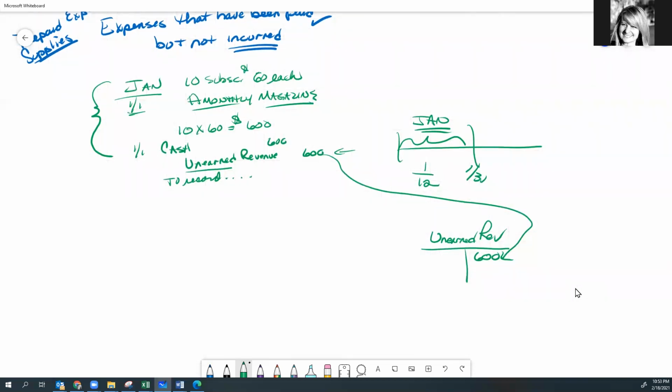But as of the end of January, we don't owe $600 worth of magazines anymore. We've earned 1 month. So we've earned 1/12. So on 1/31, we have to do an adjusting journal entry to show that we've recognized, or need to recognize, revenue for the month of January. So we had 10 magazines, and